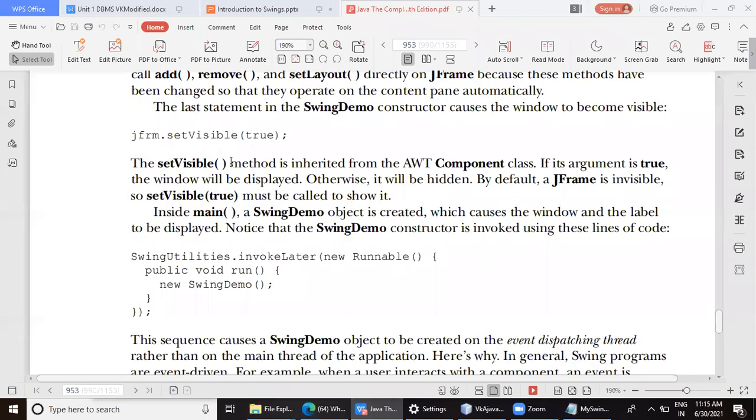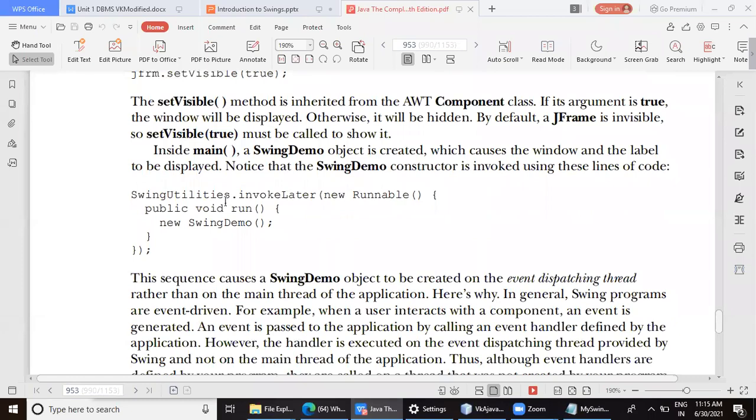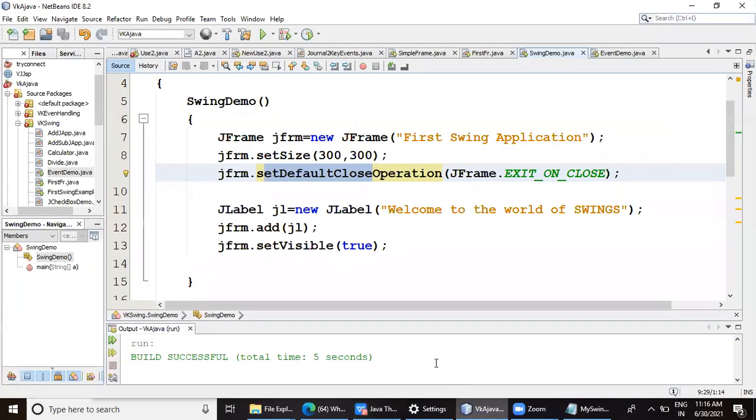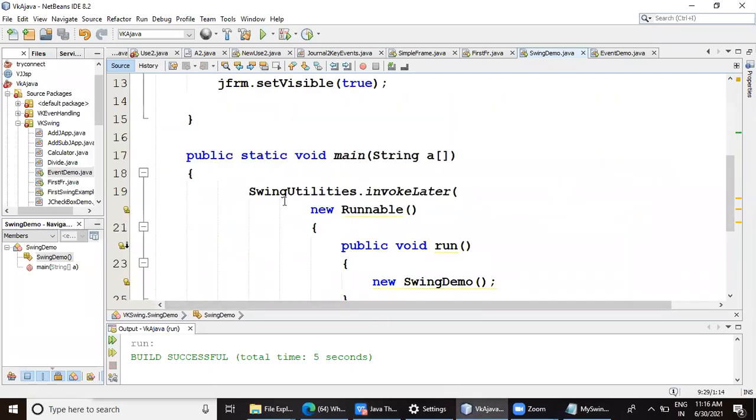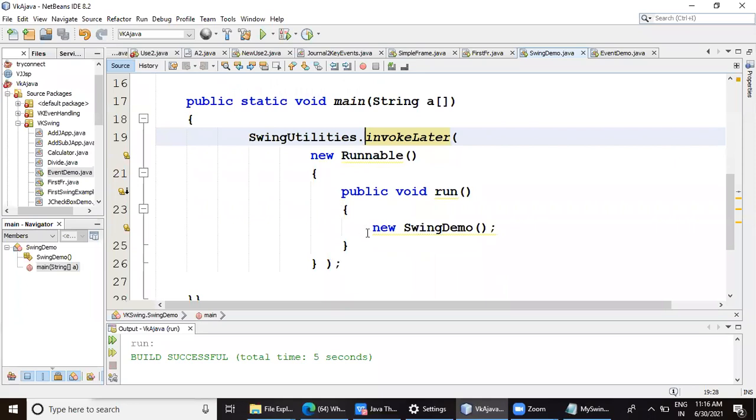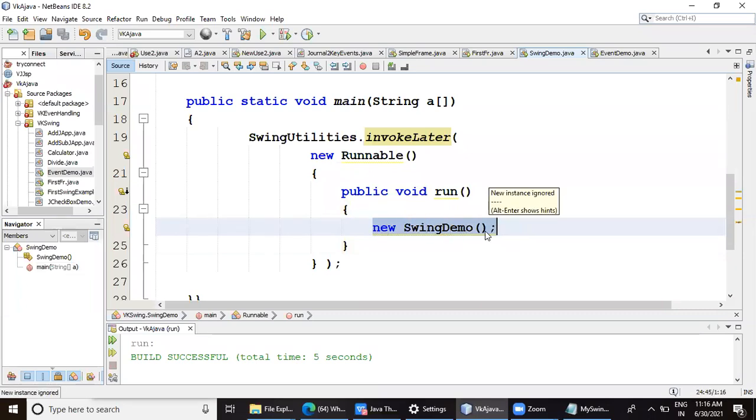We have set the frame to visible, and then here, as we have seen in our program yesterday, since it is an application, we require a main method. Inside the main method, what we should do is call the constructor. To give a call to the constructor, we can simply say new SwingDemo.